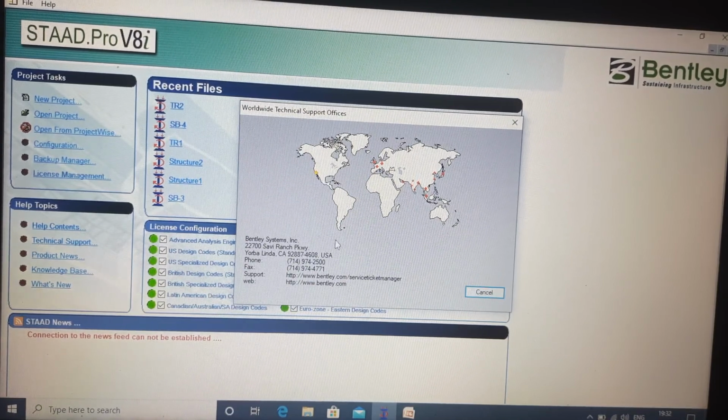So from there also you can get technical help. But if you have a very rare type of technical support need that is not available in your STAAD library, you can take help from this option also.